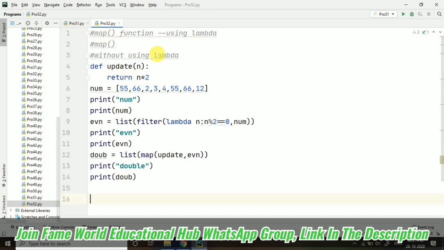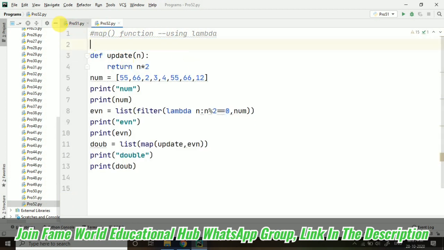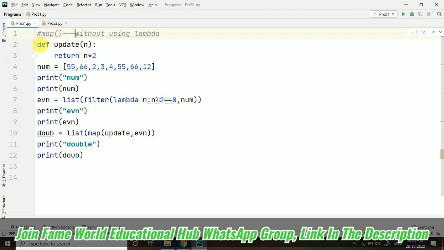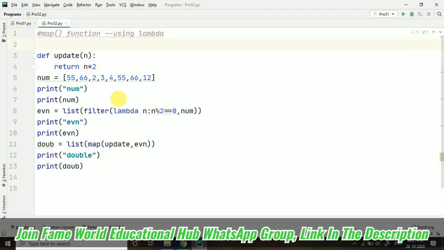I hope now it will be much clear. Here I should have written map without using lambda. Now it's fine.